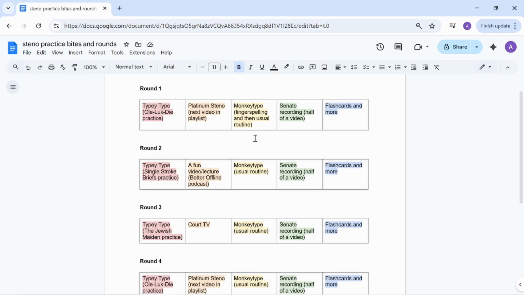Like I said before, I just made up the system of, I'm going to call it, rounds and bites. So each of these lines is one round comprised of little bites. And these little bites are different types of practice, hitting different areas. Think of it like working out at the gym: you're targeting different muscles with different exercises, and they're using different resources and different websites.